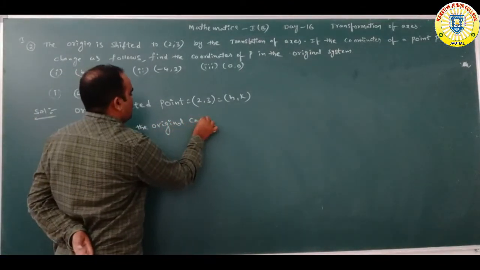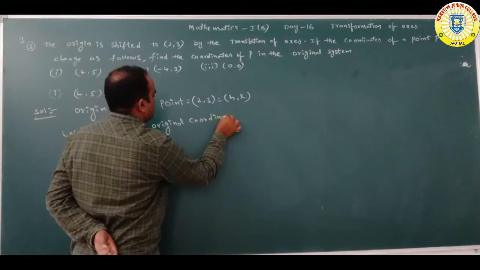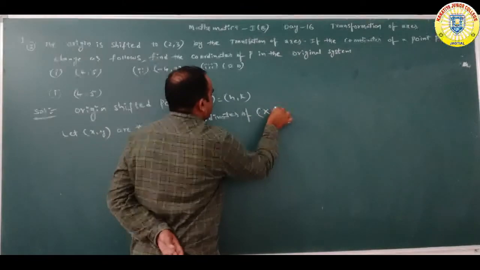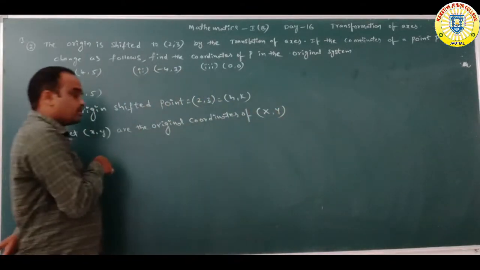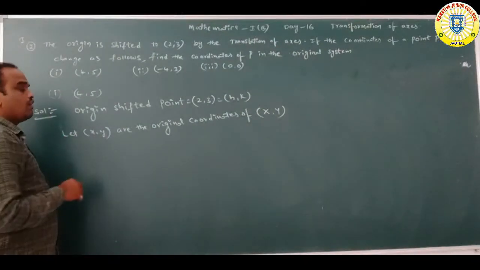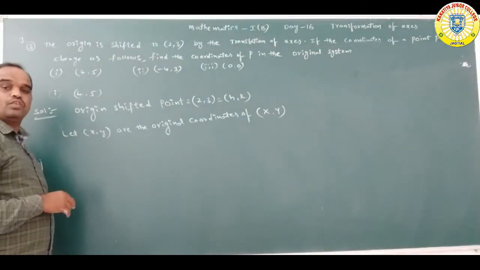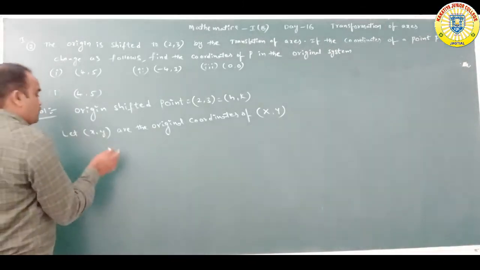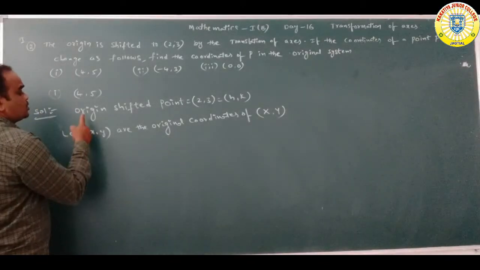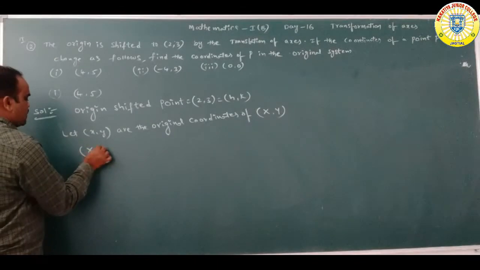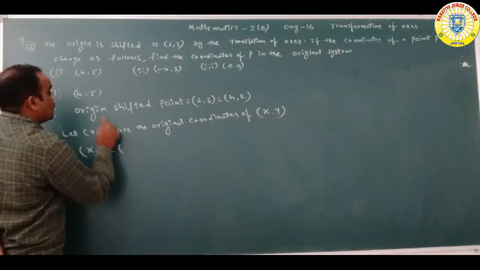Original coordinates. Of which one, sir? Capital X, capital Y. Small x, small y are the original coordinates of capital X, capital Y. Okay? Then after, observe carefully. In our question, transformed coordinates are given. That's why capital X, capital Y is equal to